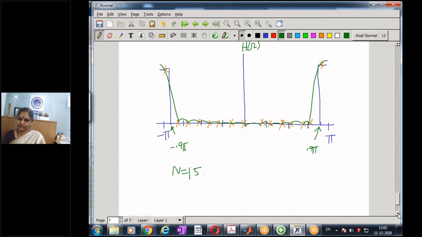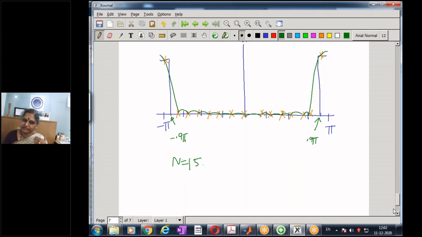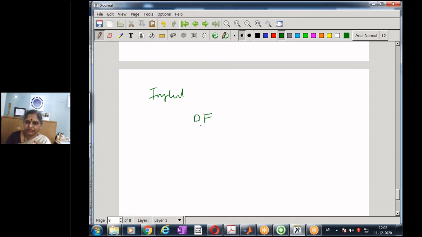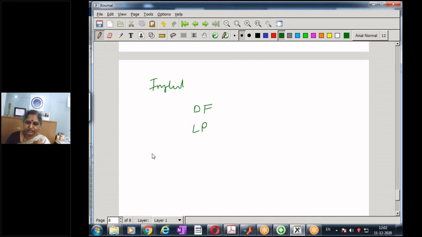So now we have seen how to design the filter, and because of the even symmetry that exists in their coefficients, if we want to implement the filter, it's always possible to implement it using the direct form method or using the linear phase realization, both of which we have seen. But there's one more method of implementing filters designed using the frequency sampling method. And that method is known as the frequency sampling structure.